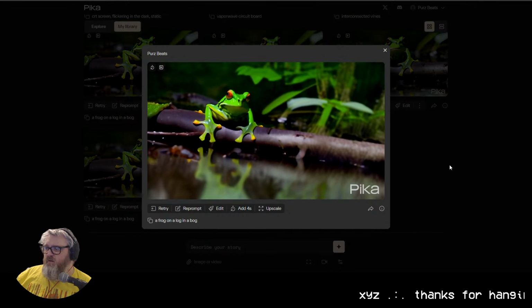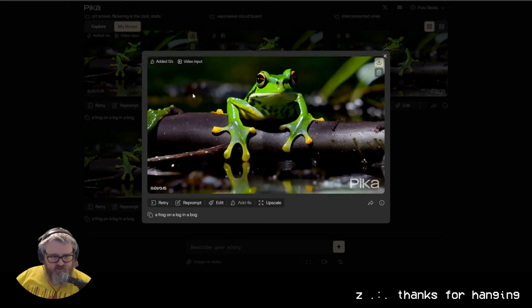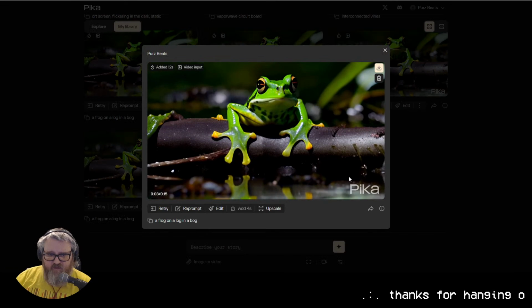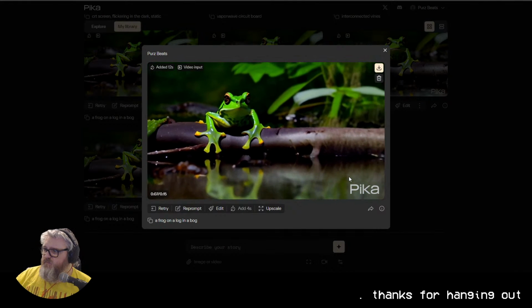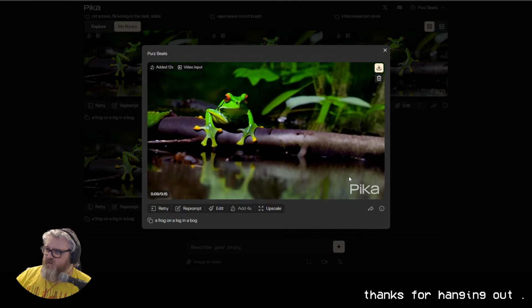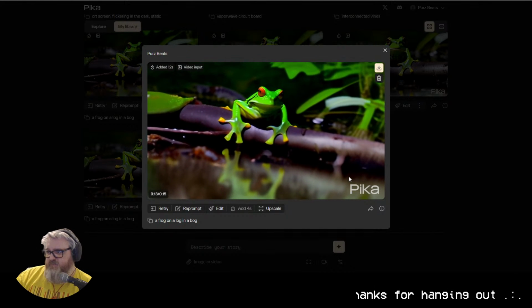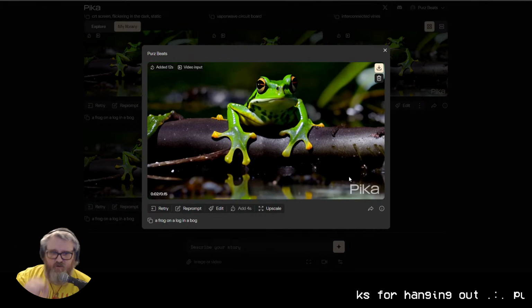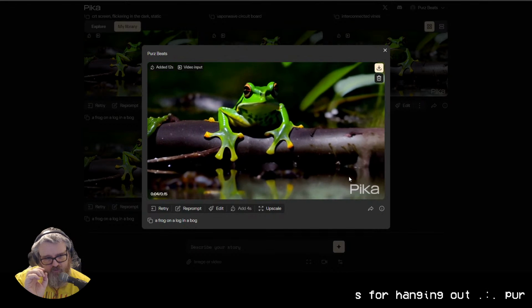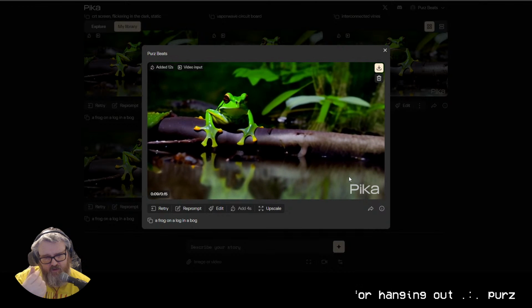Yep. And then for the very last one, I think you get 4 extensions in the current beta, but they'll probably extend that later or not. I don't know. So 1, 2, here comes the third shot, and then the fourth shot will be a zoom in and a pan left. You can see it starts to break up a little bit by that fourth clip, so I think that's